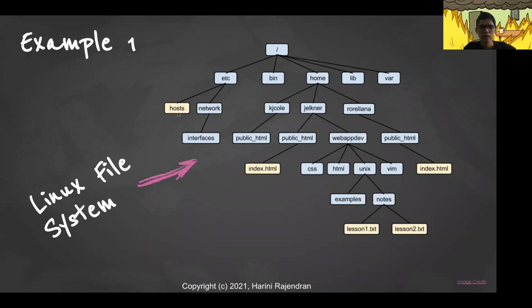And then the final text files or binary files or whatever we call them, the files and the links that are there in the Linux file system, are usually the leaf nodes in the tree because they don't have any children. We'll talk about these terminologies in the upcoming slide. But for now, you can remember that all the directories are internal nodes and all the files in the file system are leaf nodes. I'll talk about what internal nodes and leaf nodes are in the upcoming slide.